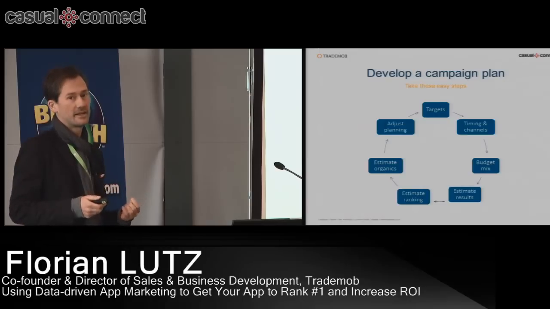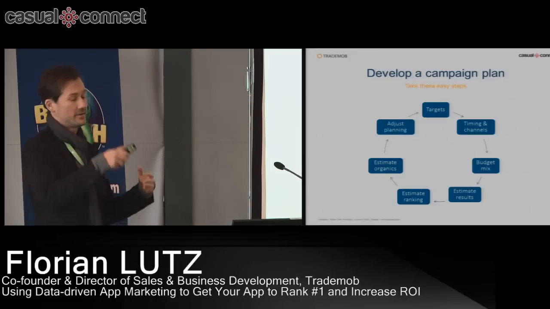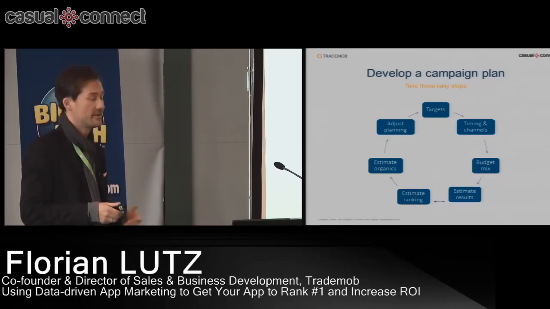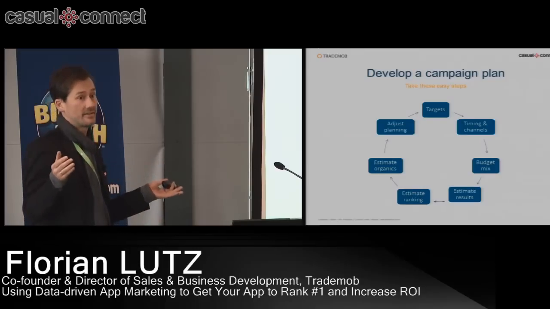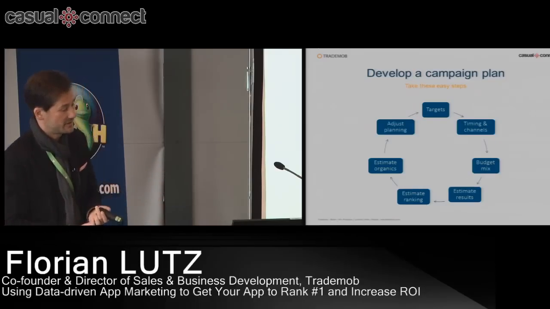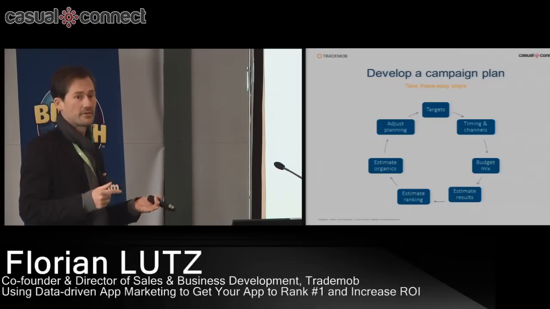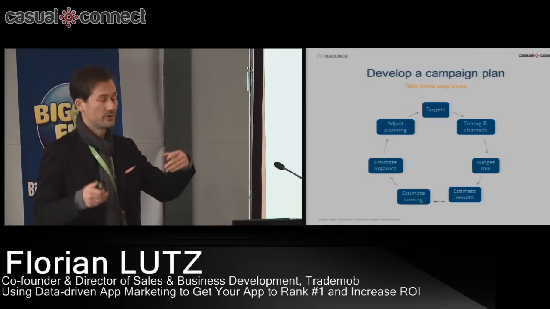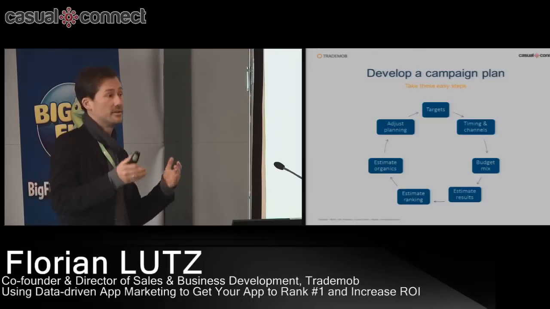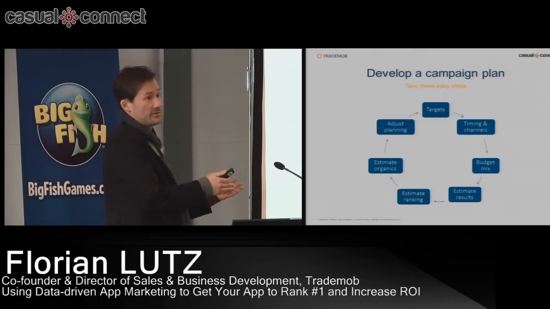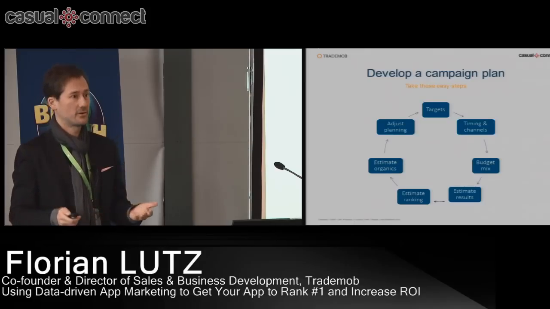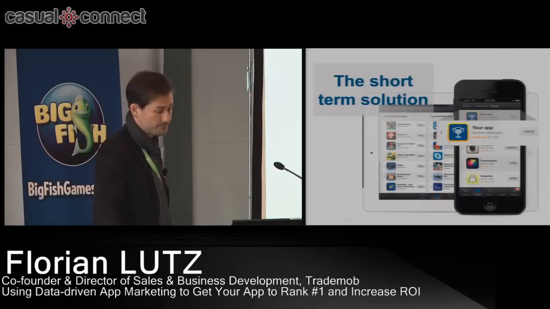And campaign planning actually is obviously an iterative step. So it's something that happens in a circle, right? So you have your targets, you define timing, you define channels, you allocate your budgets, right, and then obviously you make estimations of how many downloads you will actually achieve, what ranking you will achieve from those downloads generated, and what impact this will have on your organic increases. And once you've made these estimations, you will obviously go into a final loop to adjust your planning and maybe decide, maybe I need some more budget in specific countries in order to achieve a better ranking, and maybe I can decrease my budgets in other countries because after all, I will get up in the ranking anyways.